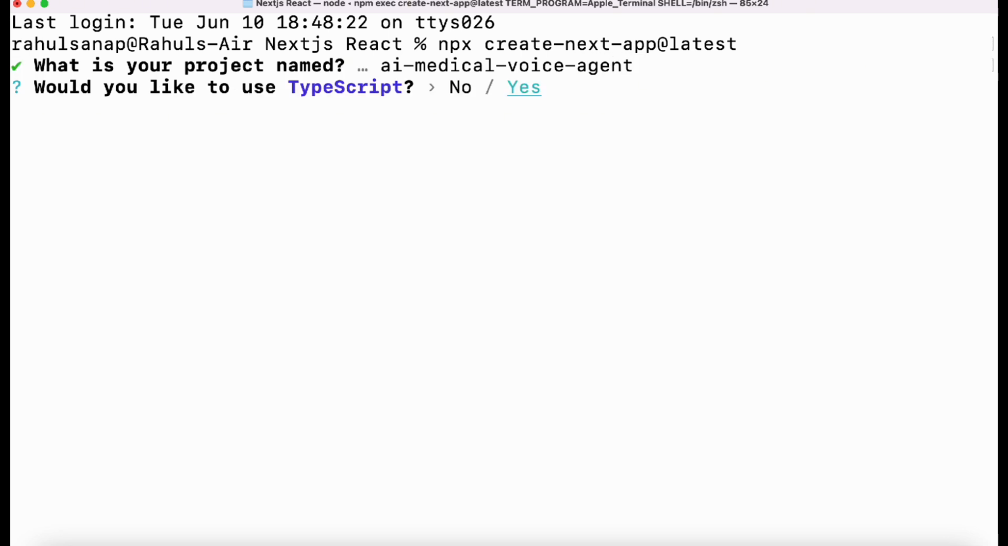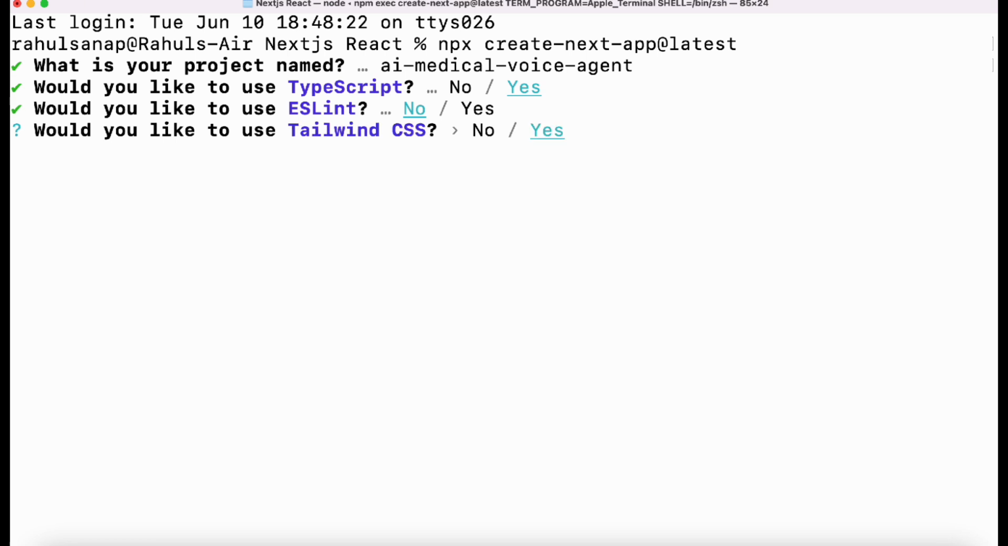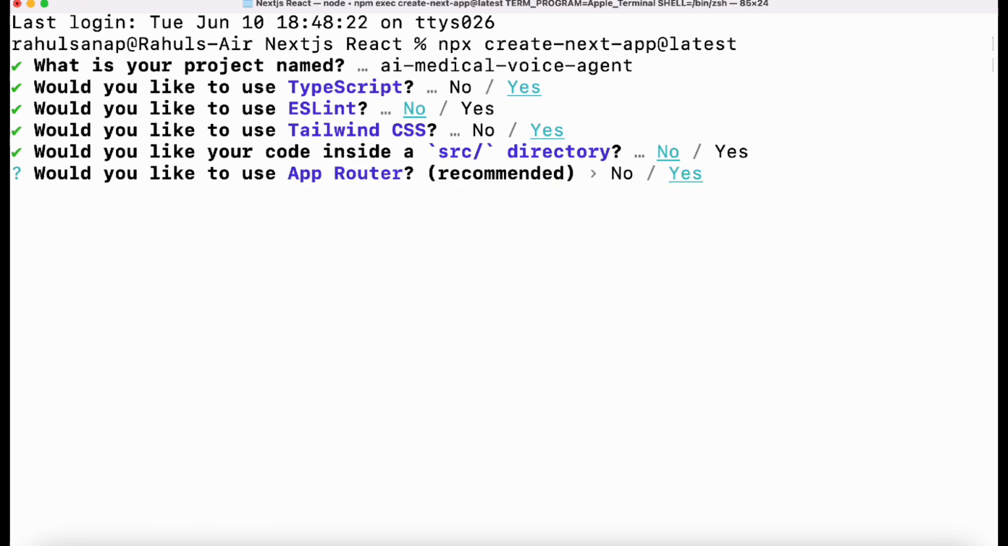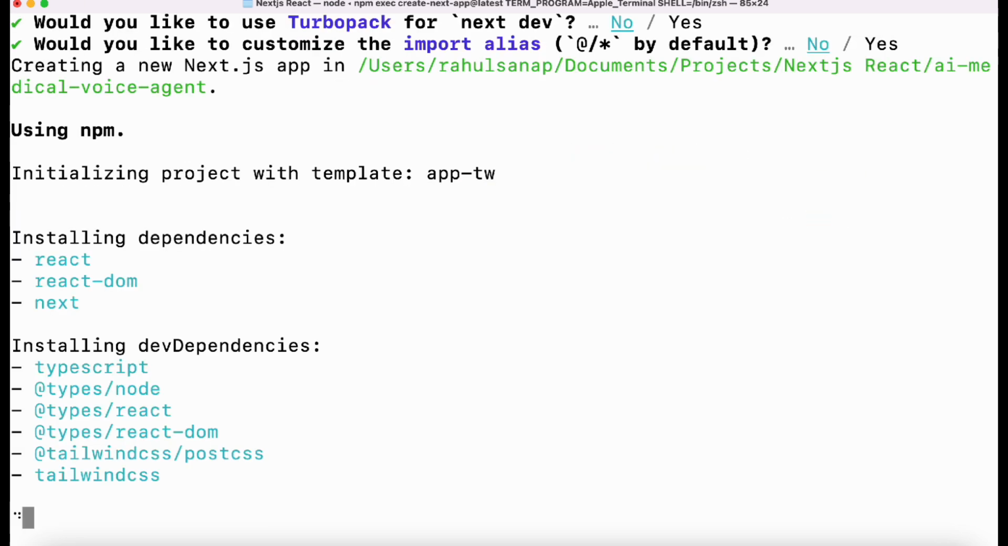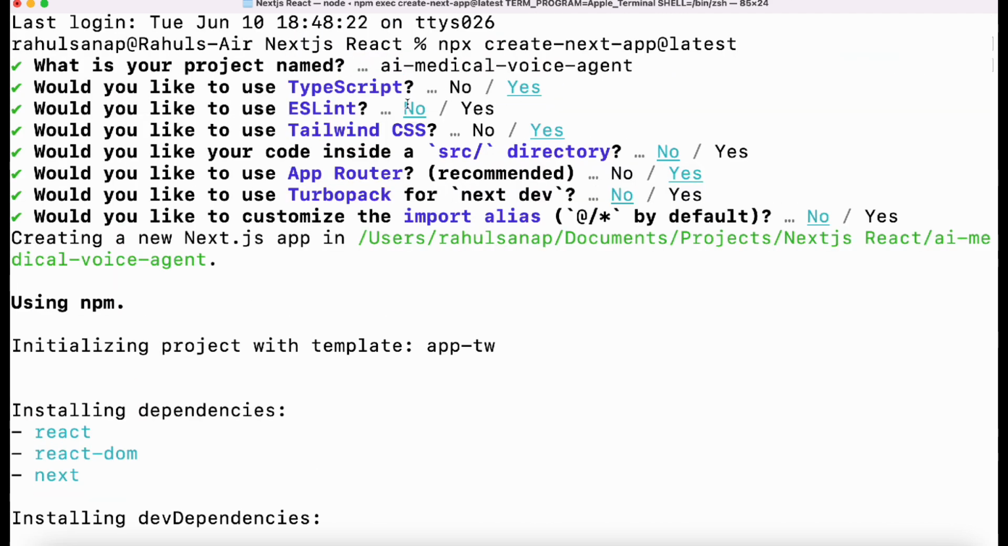Then it will ask, do you want to use TypeScript? So we'll say yes to it. Then say no to ESLint, yes to Tailwind CSS, so it will install Tailwind CSS version 4 for us. And no to the source directory, yes to the app router, and no to Turbopack, and no again. Now as we are using TypeScript, if you don't know how to use TypeScript or you never built anything with TypeScript, don't worry,